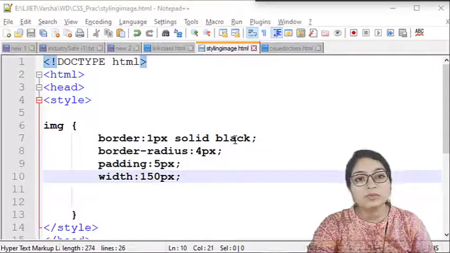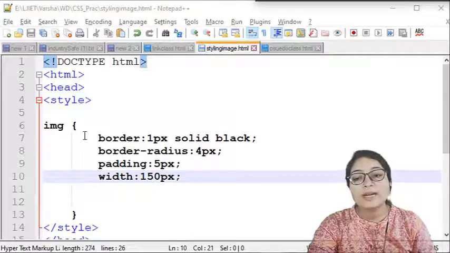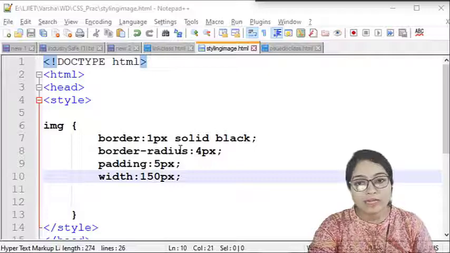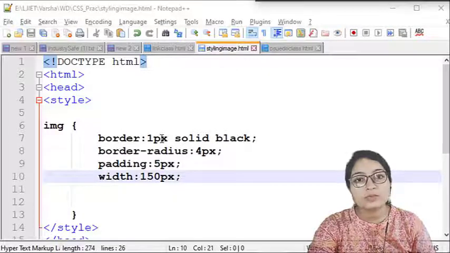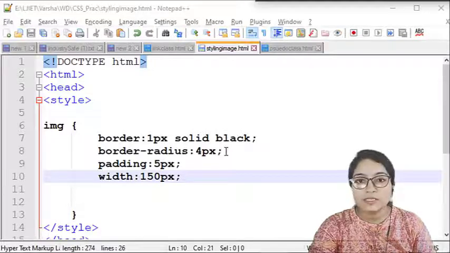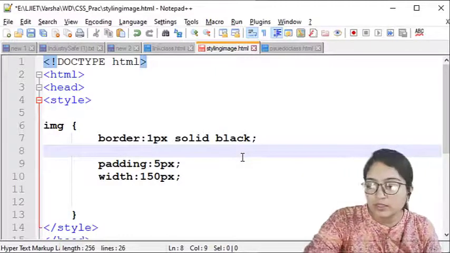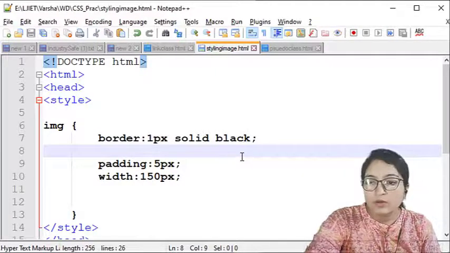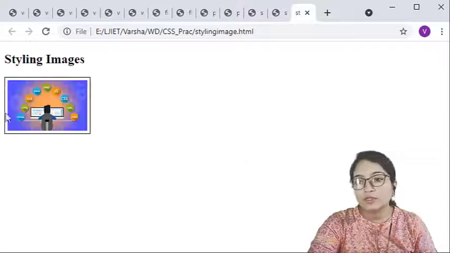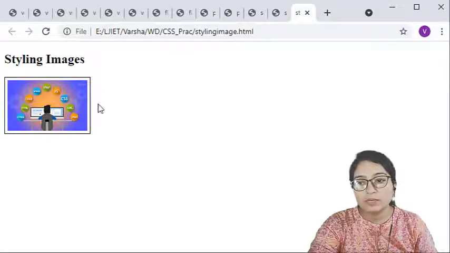Whenever you define the thumbnail image, you have to define this border as an attribute with this value. And border radius equal to 4 pixels is just to define the rounded edges. It is not compulsory. Just see the output of this first and then define the border radius. So this will be your thumbnail image. Here we have defined the 5 pixel padding, so it will become like this.